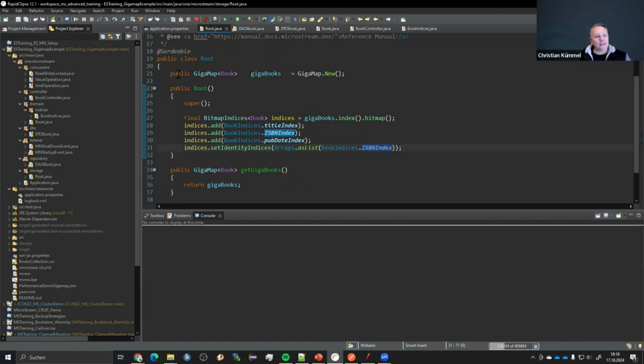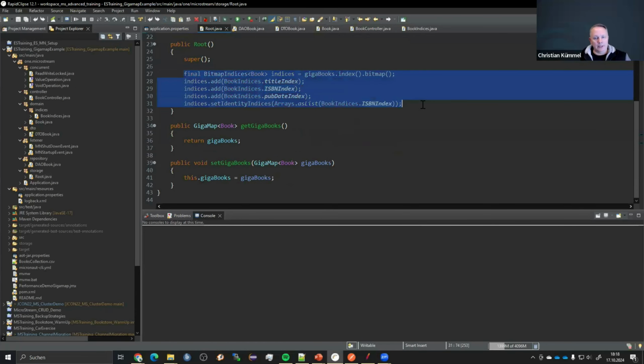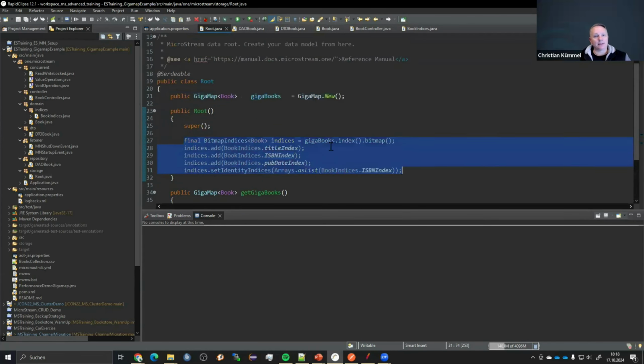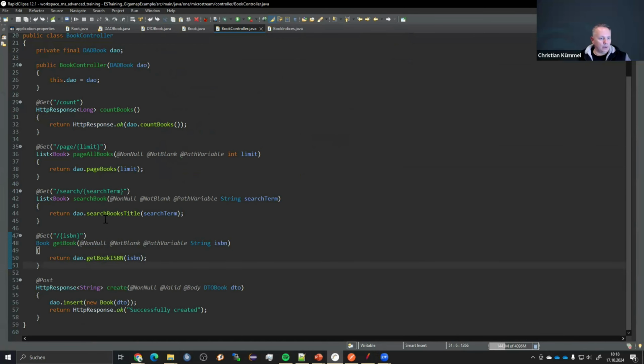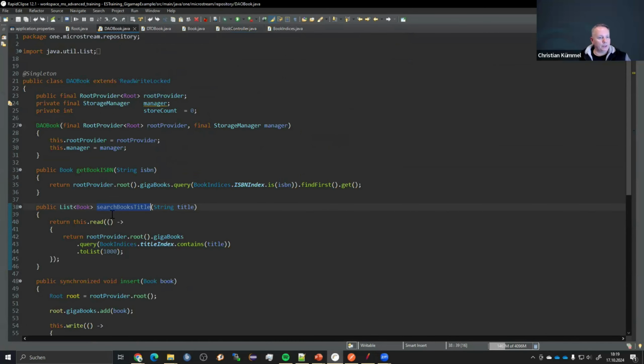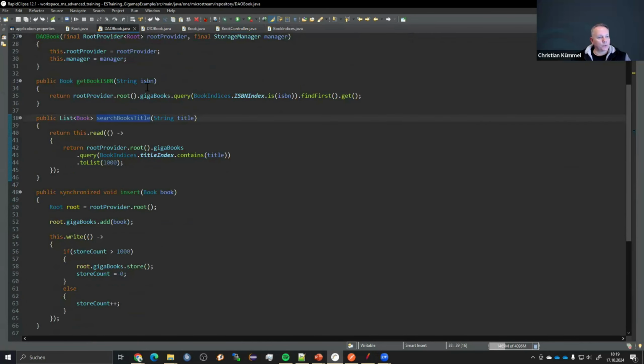Okay, so that's the GigaMap. So we need to initialize the GigaMap itself. We need to add and initialize some indices on that map, and that's it. And that enables us later on, when we come back to the book controller, to call a method, for example, DAO.searchBooksByTitle. And when we go into it, we are able to